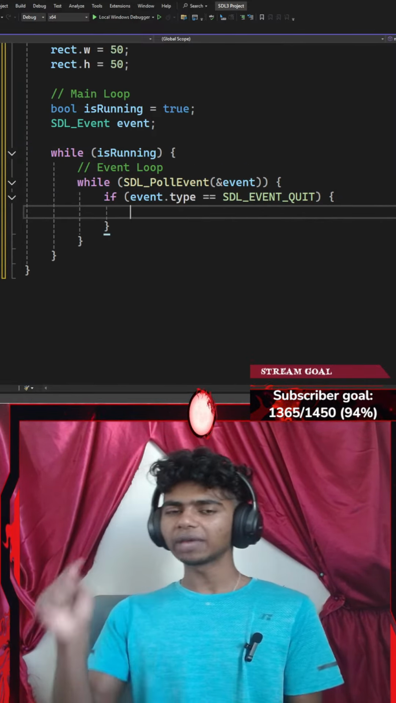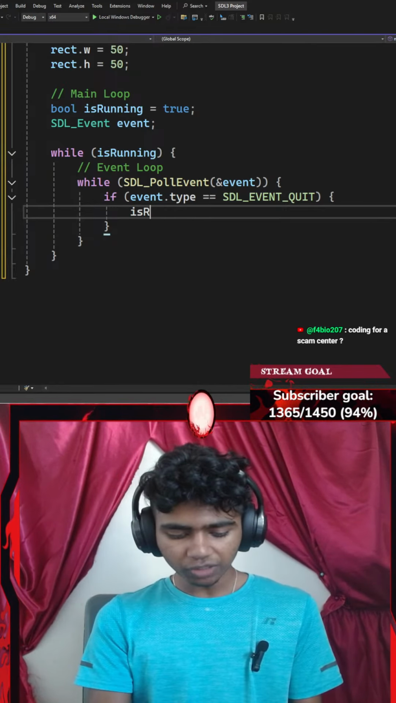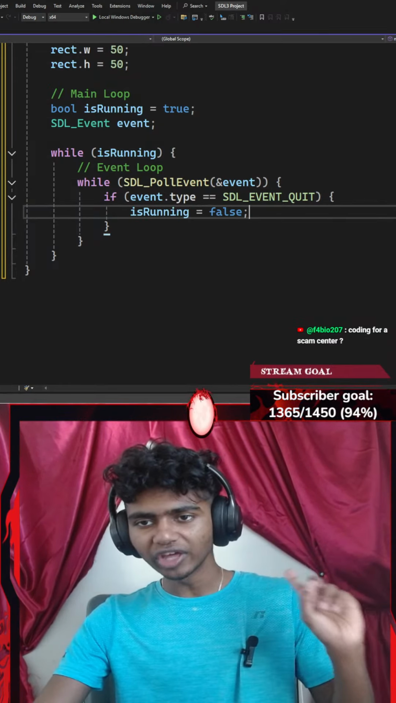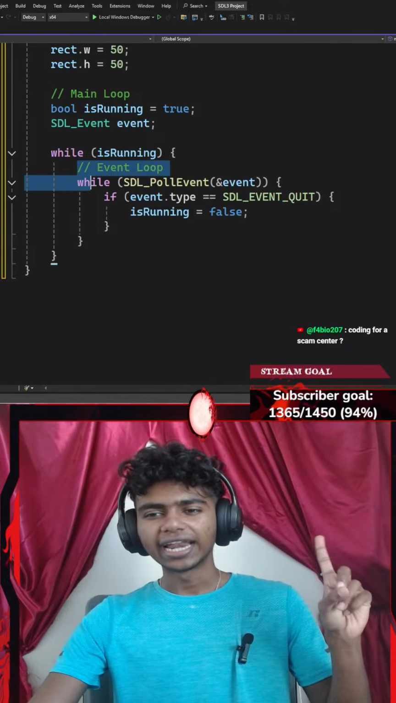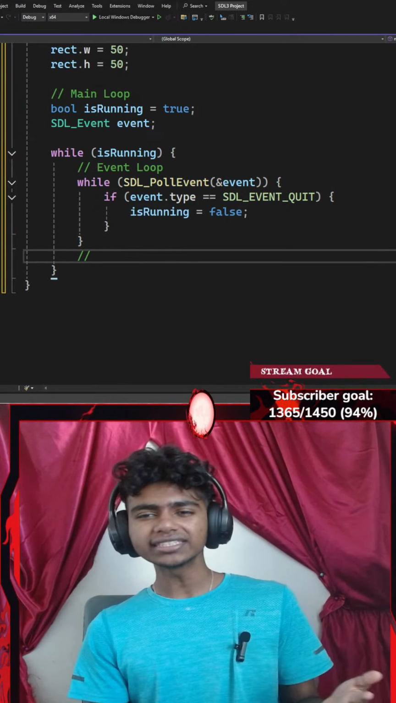Quit basically means when my player actually hits the X button on the top right corner that exits the window. I'm going to be ending my entire loop. So I'll set my is running to be equal to false, ending with a semicolon. Okay, perfect. Now let's go ahead and exit outside of my event loop, add a comment that says something like,